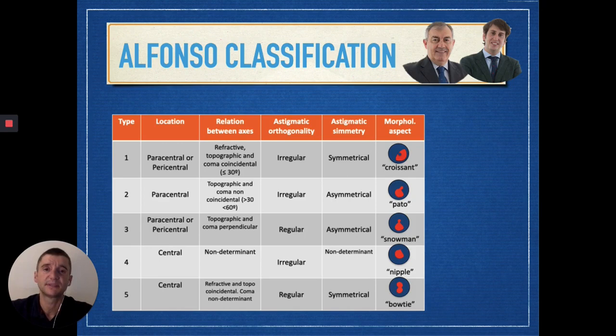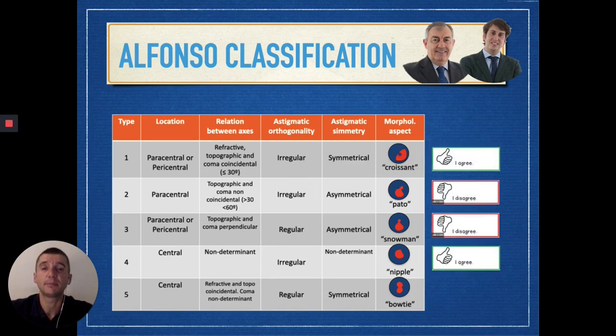For most of these types, we have a great amount of agreement between specialists in order to choose some specific segments. But for 2 specific types, type 2 and type 3, every time we discuss the case with that morphological classification, the disagreement rate was higher. So the idea of this nomogram is to provide a better way of planning, for the inexperienced surgeon as well as for the experienced surgeon.